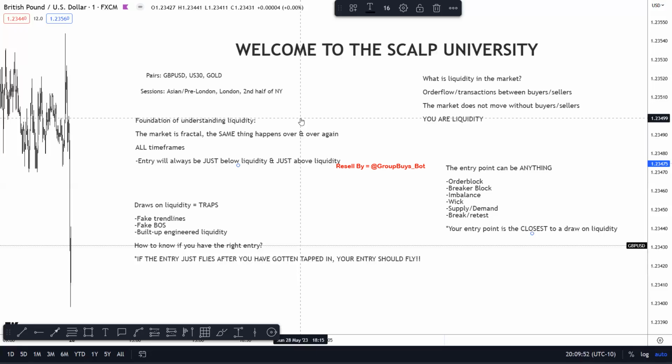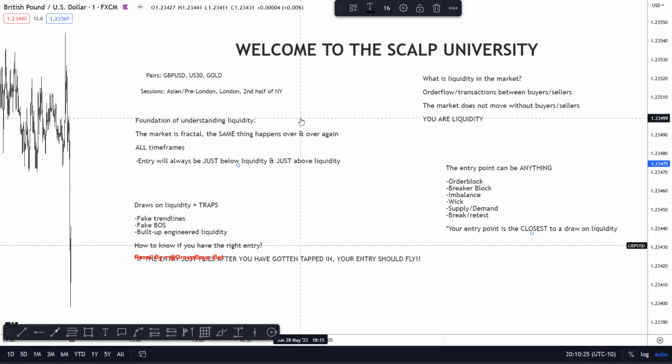If you see liquidity, like I said, your entry will always be just above that or just below that. So whether that points into an area of an order block, however you want to identify that area, that will be your entry point. But let's just call it a point of interest because, like I said, I don't really like to label certain things. I don't really like having a certain terminology in the market. So we're just going to call it a point of interest, generally speaking, for everybody.